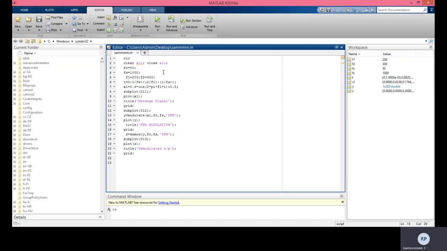Here also I can directly use the ppm inbuilt function. By using this inbuilt function, we can directly get the PPM waveform.